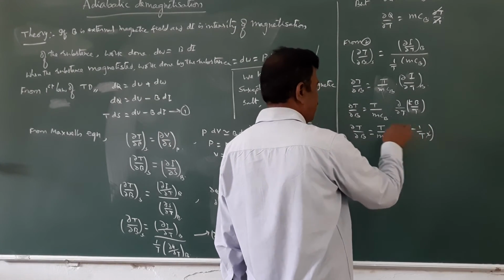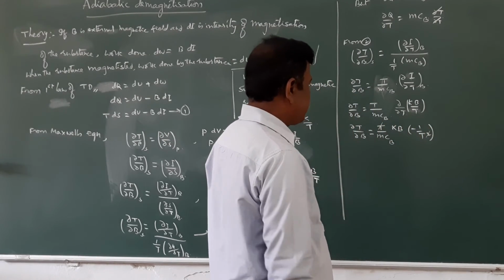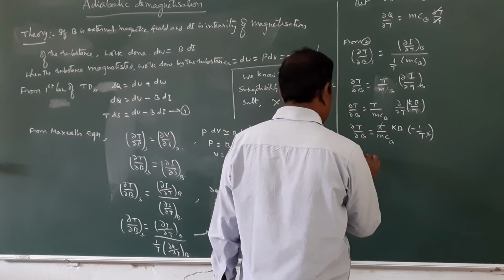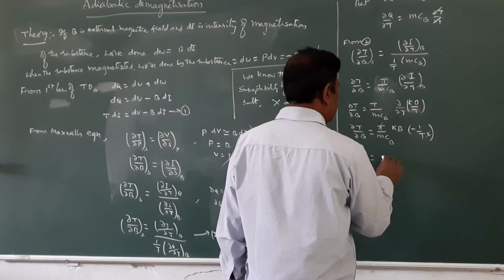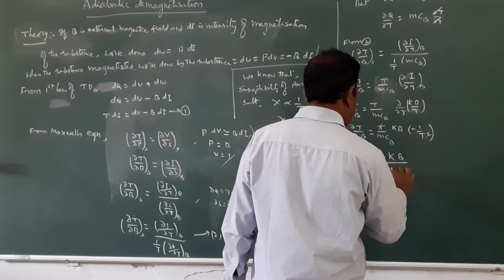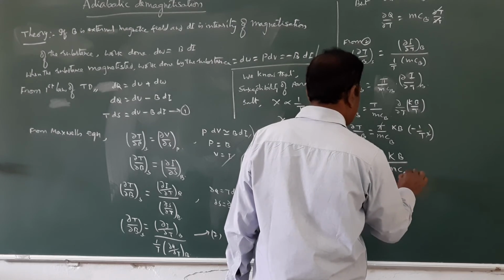Therefore, this T square gets cancelled. Therefore, from this expression, ∂T is equal to minus KB divided by mCb